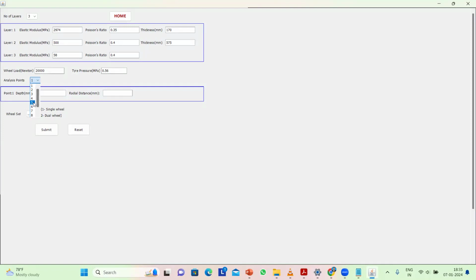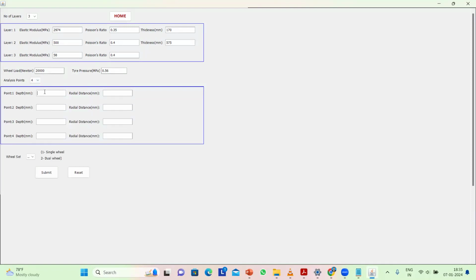But other than that, we can take 0.56 tire pressure. Now we have to take always, even though I told you horizontal tensile strain at the bottom of the bituminous layer and vertical compressive strain, horizontal tensile strain is responsible for fatigue cracking, vertical compressive strain is responsible for rutting. Okay, even though we need only 2 strains, we have to take